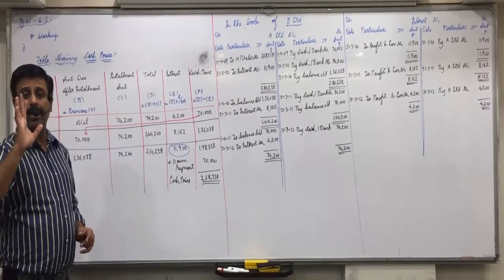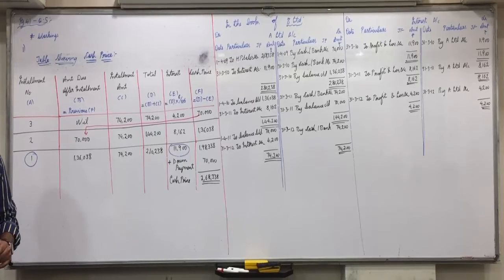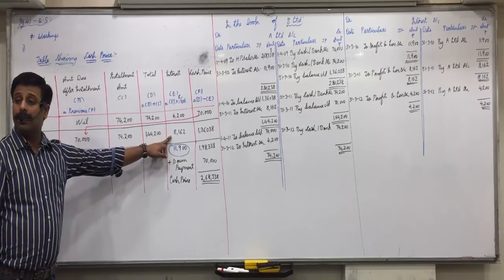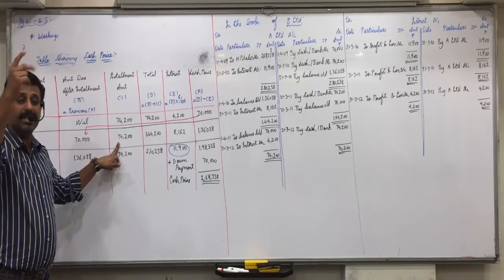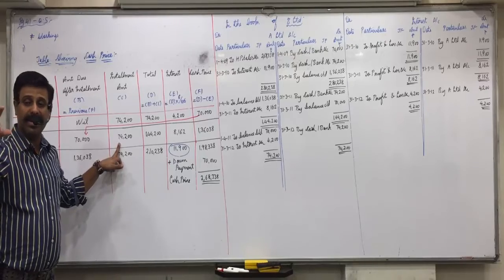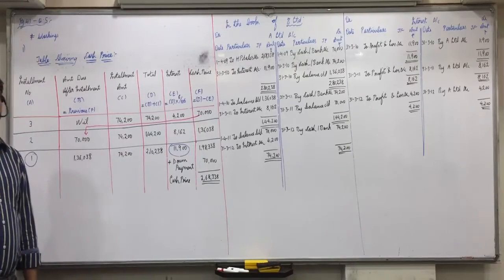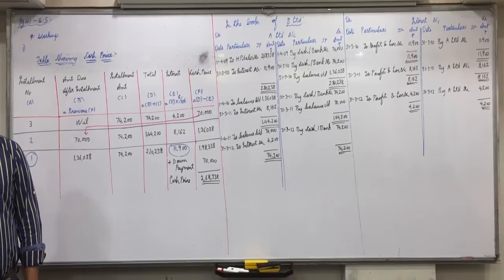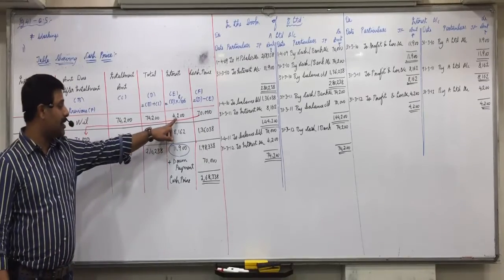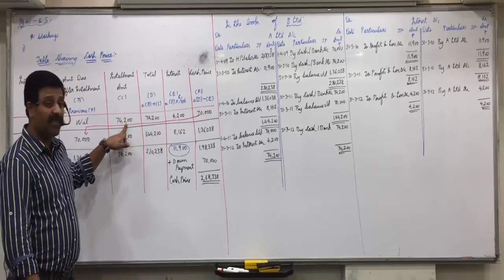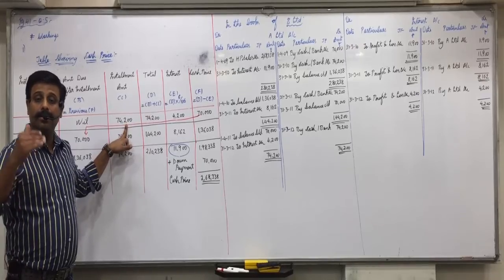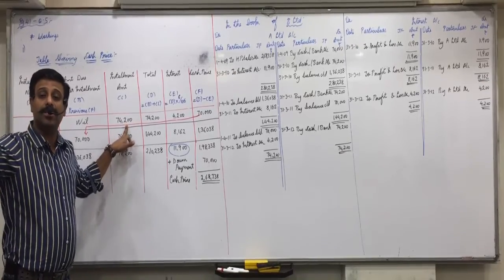Then closing entry, interest account credit side by P&L, depreciation credit side by P&L. Now from the second year onwards you directly start from interest. So again interest to B Limited 81,600. Then installment B Limited to cash or bank 74,200. Then again depreciation to machinery, but depreciation will change depending on the value you get. Then interest and depreciation will be closed and transferred. And then in the last year, interest to B Limited 4,200, B Limited to cash and bank 74,200, and then depreciation, and then again interest and depreciation you will close and transfer.